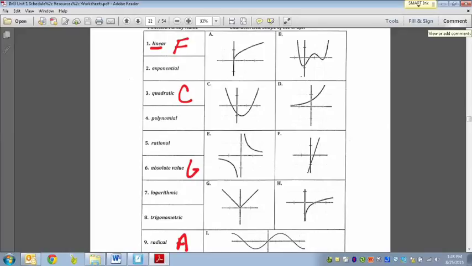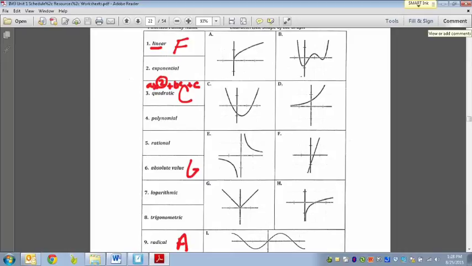For number 4, polynomial. A quadratic equation has 3 terms in it. If we remember the worksheet we've done, we've seen the equation of a quadratic. Typically, it looks like ax squared plus bx plus c. And the highest exponent tells me that there are going to be 2 x-intercepts, whether they're real or imaginary, that's for us to determine, but there are usually 2 different places where it's going to